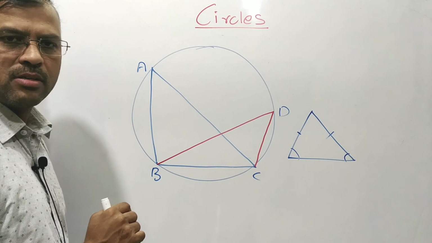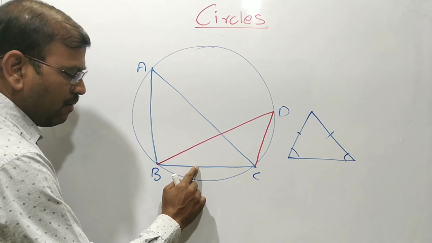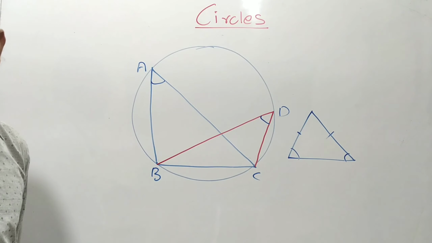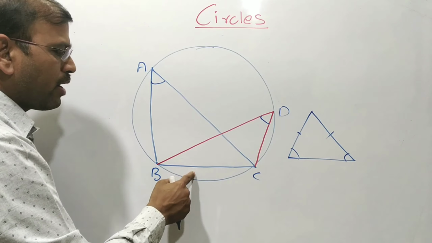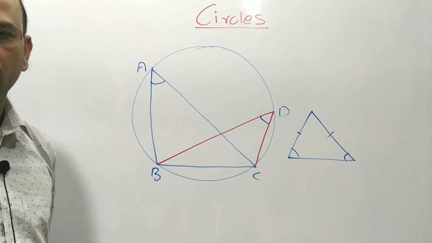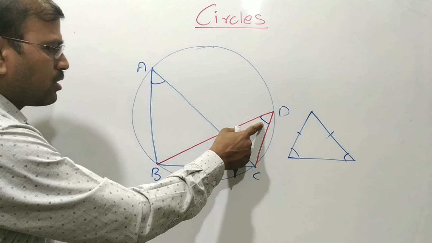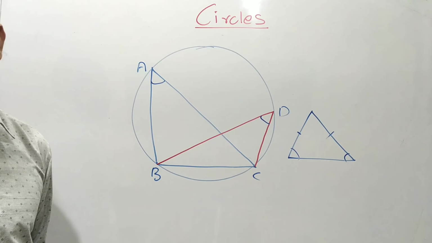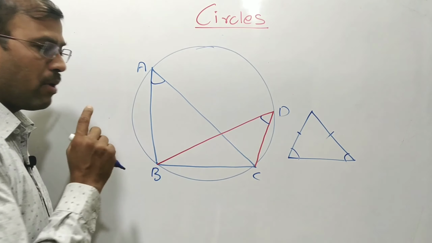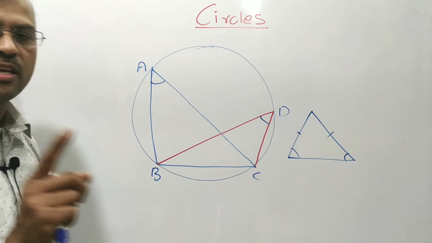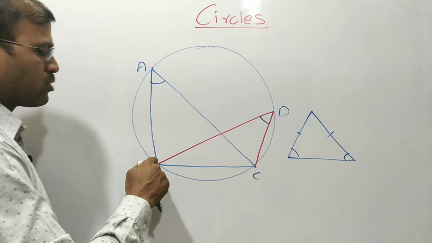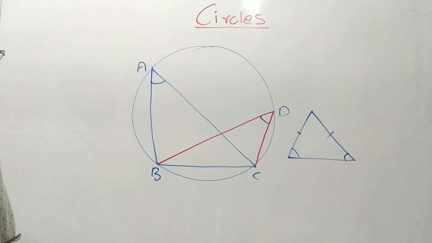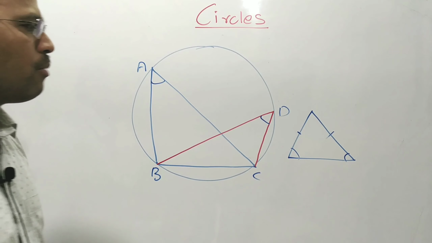Both the triangles have a common base. That means opposite to the common base, the angles will be the same. Conversely, opposite to these two angles, the side will be the same. Or we can say opposite to this side, both the angles are the same. So you need to remember, when you look at the diagram, the base should be the same for both the triangles. If I write the same thing here also, the concept is going to be the same.